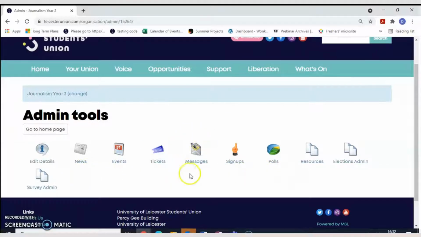The message feature has already been presented to you through a video. If you haven't seen it yet, I would recommend you look over it and understand how you can use the message feature. You also have access to a video that explains how you can utilize the polls feature from the SU website. I will show you how you can use resources.